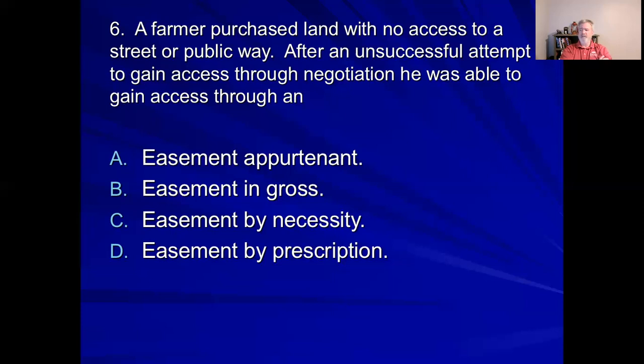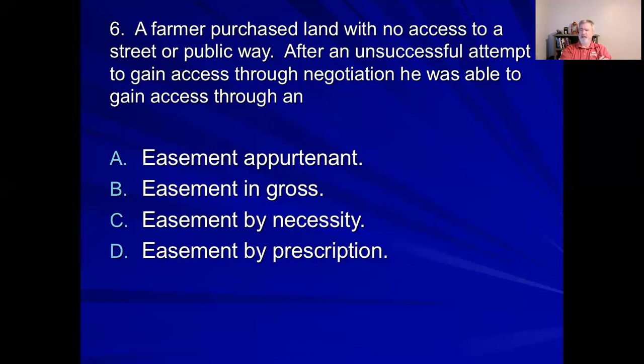Then the next one is easement by necessity. That one looks promising, y'all. Easement by necessity would be granted when someone owns land that is landlocked. There's no other way to get to the land without crossing over somebody else's land. And to get that, again, that would require you to take some legal action for the courts to determine where this easement will be, because we need the easement out of necessity, right? So C appears to be the right answer to me, easement by necessity.